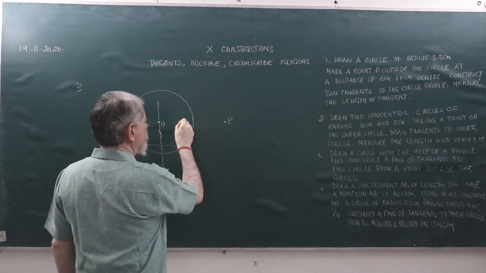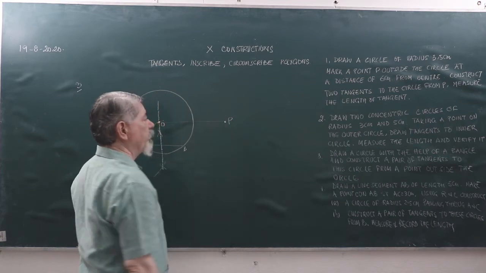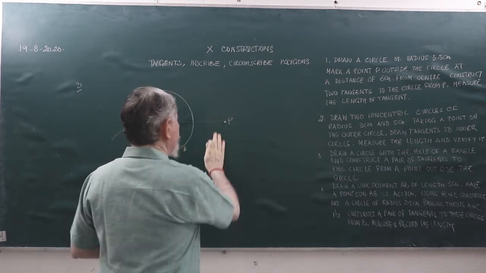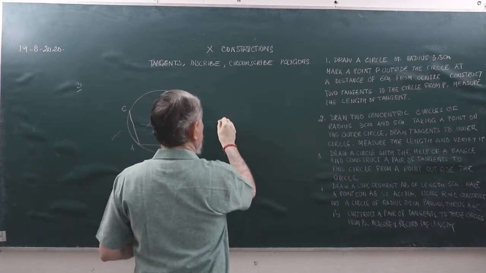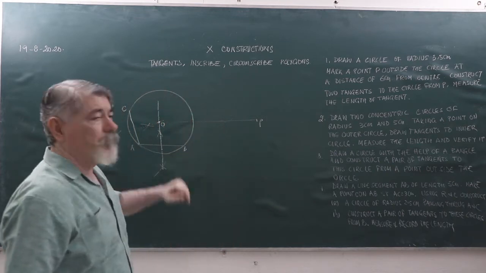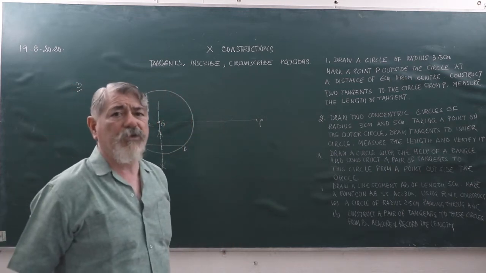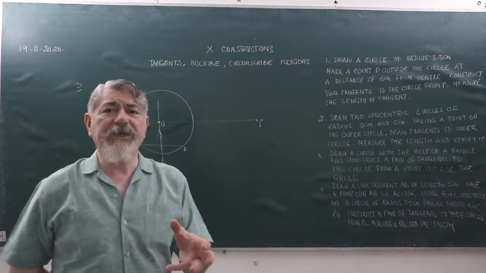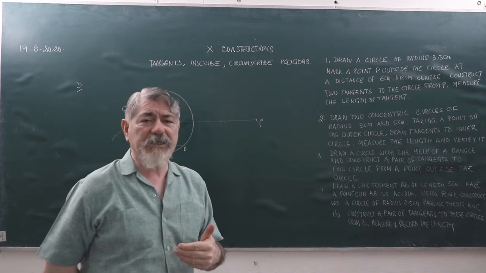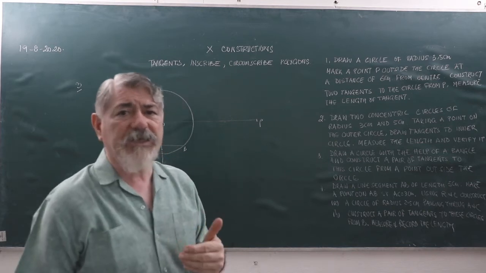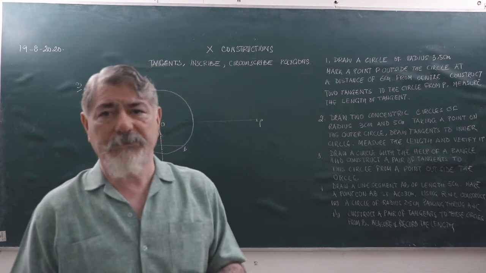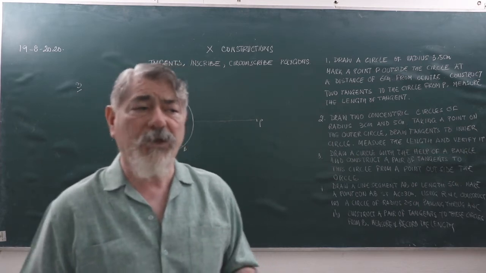Join O to P. Then bisect OP. Let me take OP further up. Now bisect OP. How do we bisect OP? Again, every time I repeat this so that you understand, because this is the basic issue. You must have done it in 6th and 7th, or even earlier, how to draw a perpendicular bisector of a line.